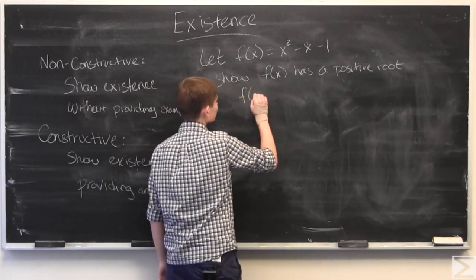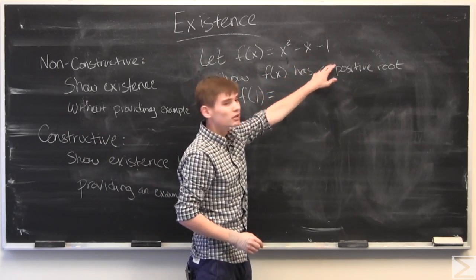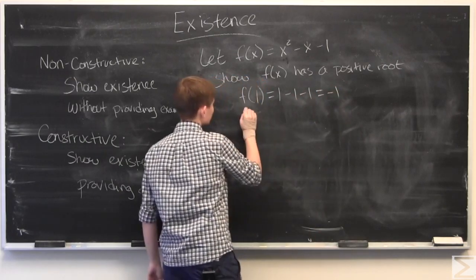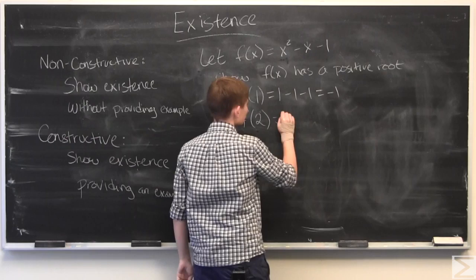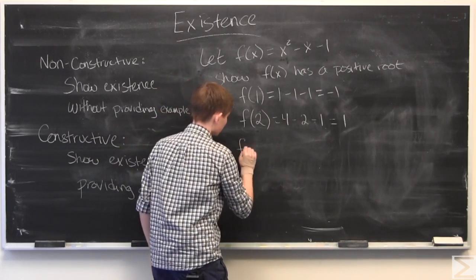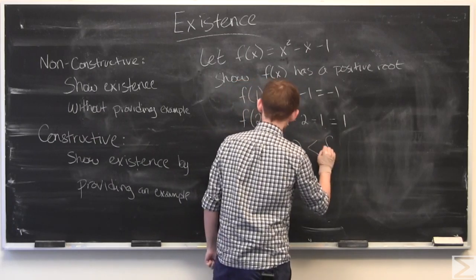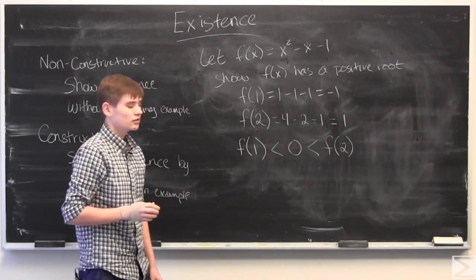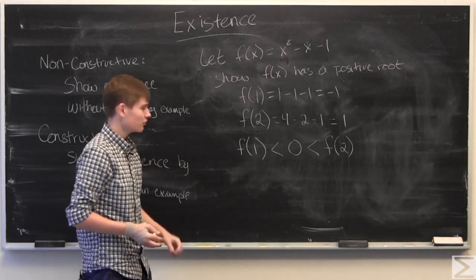So let's have f of 1. We have 1 minus 1 minus 1, so that's equal to negative 1. Let's try f of 2. We have 4 minus 2 minus 1, which is equal to positive 1. And we have now shown that f of 1 is less than 0, and 0 is less than f of 2. And by the intermediate value theorem, which we can use because it's a proven mathematical fact, we